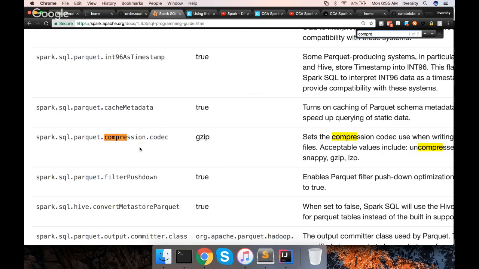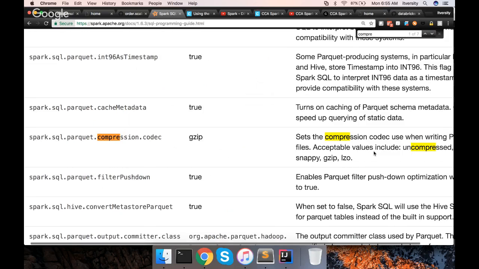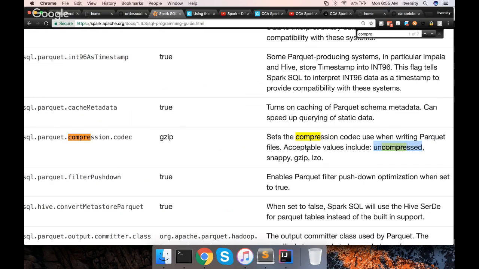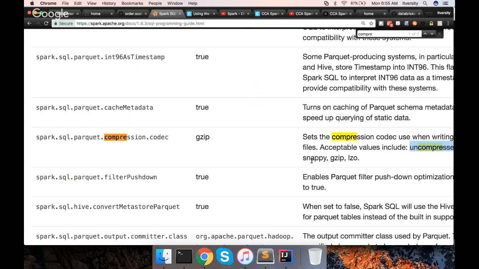The data will be compressed automatically for you. So whenever it is Parquet, data will be automatically compressed in gzip. If you want to make it uncompressed, you have to say uncompressed. If you want to change it to snappy, you have to just change it to snappy.